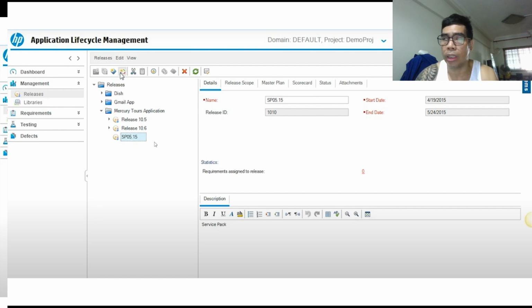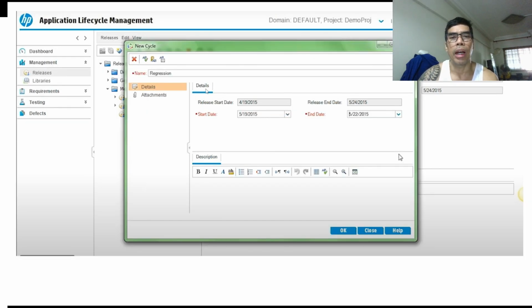Now, as I said, the QA will create a cycle for their own testing, deciding which cycle to test. You can use ALM by selecting this icon to create a cycle. A dialog will prompt asking what cycle you have. So you create the regression testing from this date up to this date.